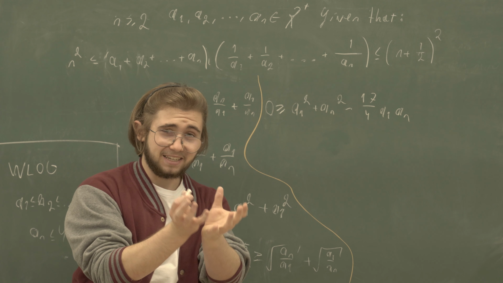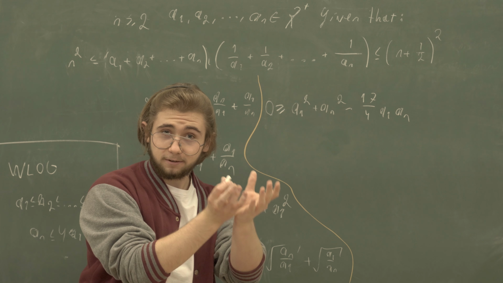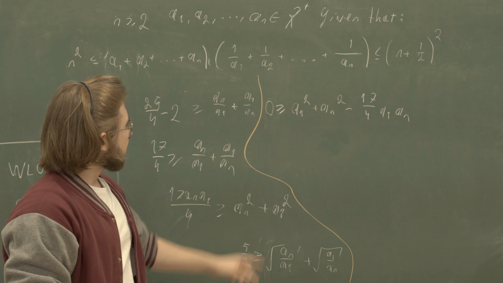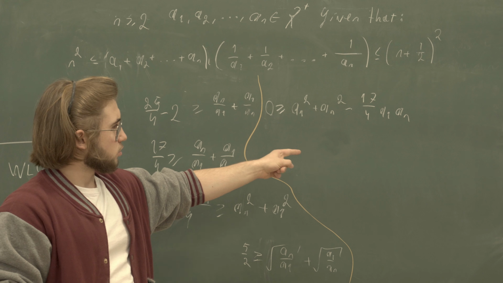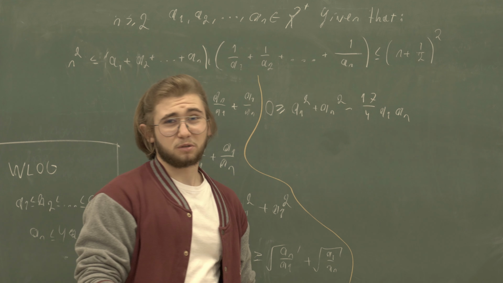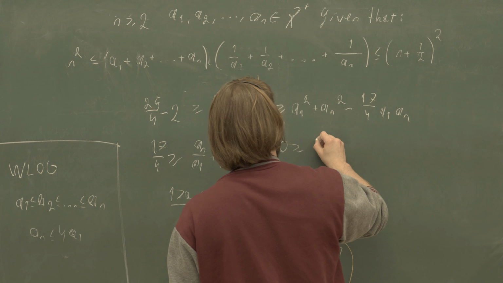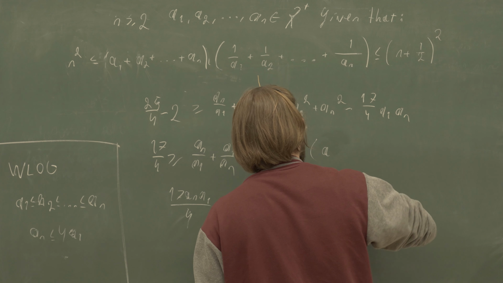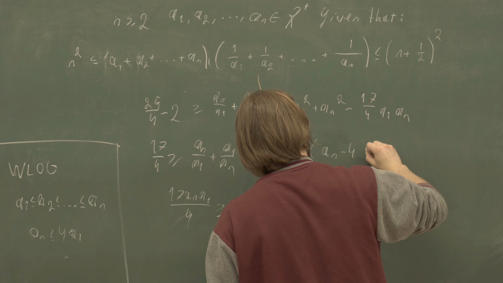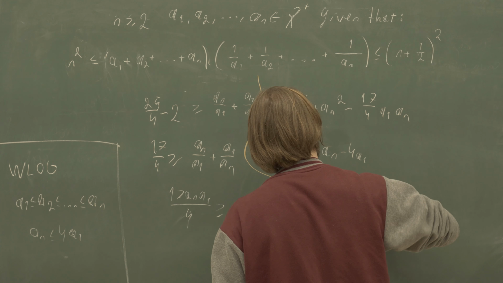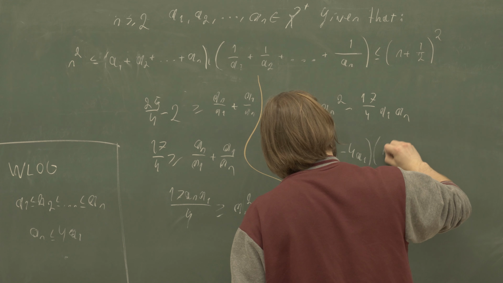We have to make it a product of two linear factors. And there is a nice way to do it, which you probably just have to play around with for a while, and that's 0 is greater than or equal to an minus 4 times a1 multiplied by